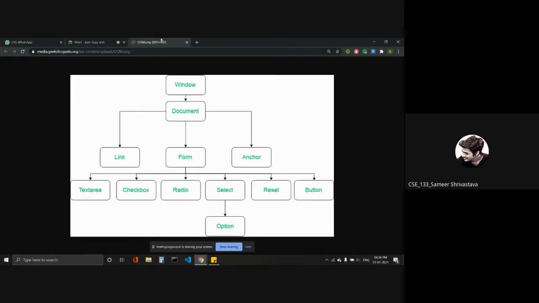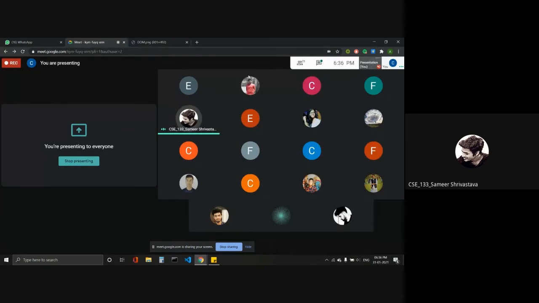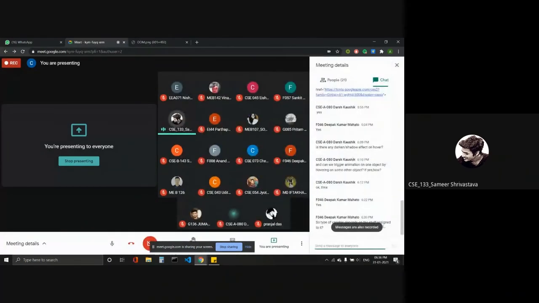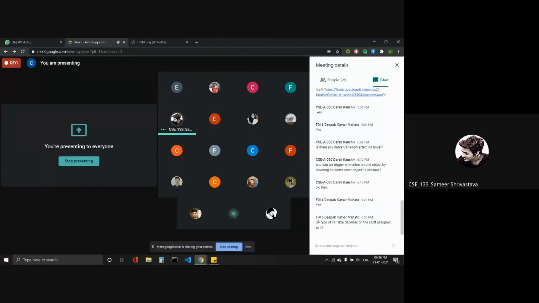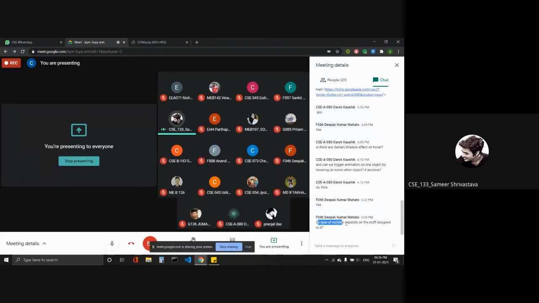So when you write document.getElementsByClassName, you are fetching all the elements by class name, and there can be multiple, so it returns an array of all those elements. And when you talk about ID, document.getElementById returns a single element that has the same ID that you passed in the argument. So you can relate it like that.